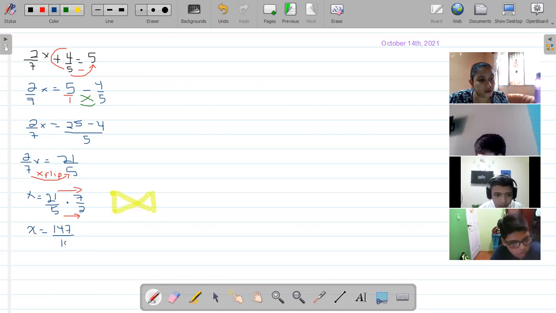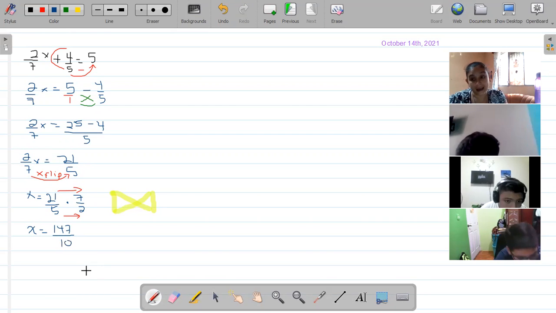So it is 147 over 10. And you're gonna leave me your answer as a fraction, as an improper fraction. I don't wanna see answers in mixed numbers, nor in decimals, unless we have decimals like in our next exercise, which is gonna be